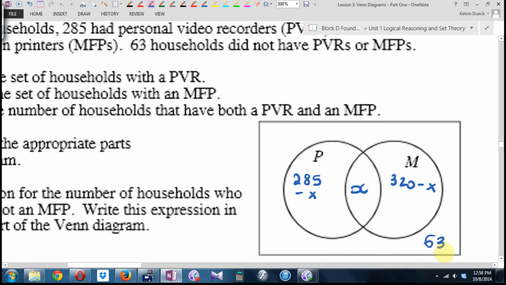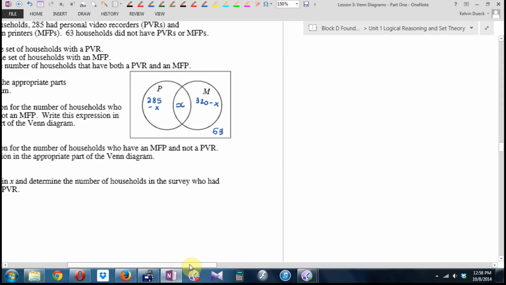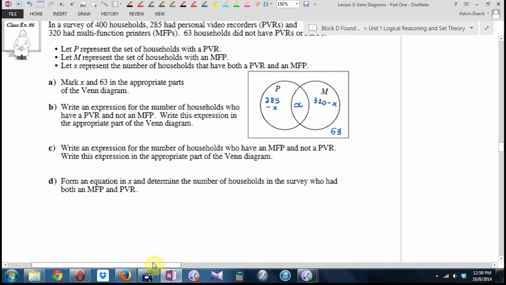There's our setup. Okay? So no matter what, we're going to start from the middle. If we know it, we'll put the value there. If not, put an X there. Now here's the key. How many people, grand total, did we survey? In other words, what do all of these have to add to? 400. So if I hear you correctly, what you're saying is